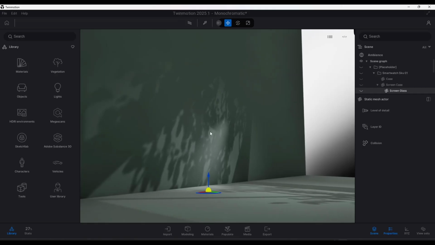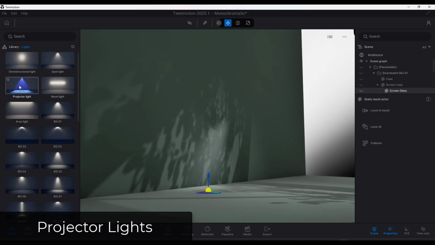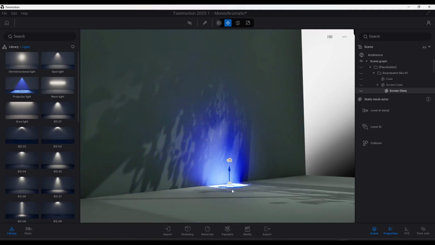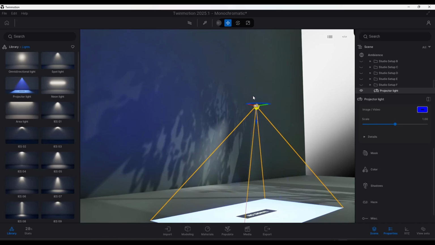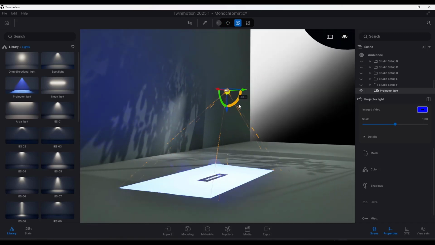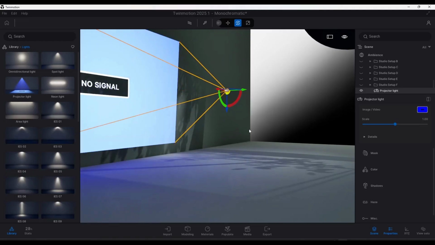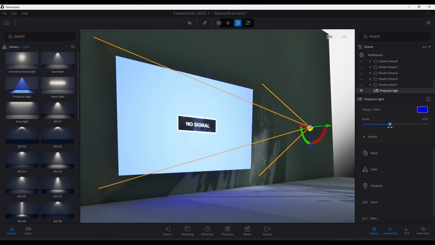So within the lights, they've added a new projector object. Whoops, we want to go to lights, projector light right here. So what the projector light is going to do is project the light on a surface. So if we take this, rotate it right here, notice how we're able to adjust the scale of the projection, that kind of thing,